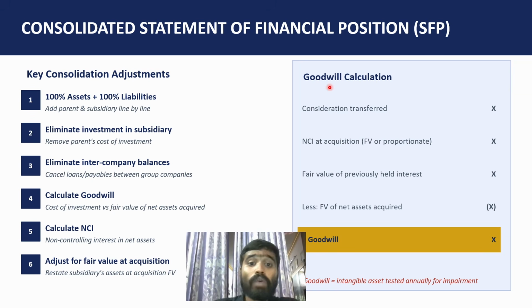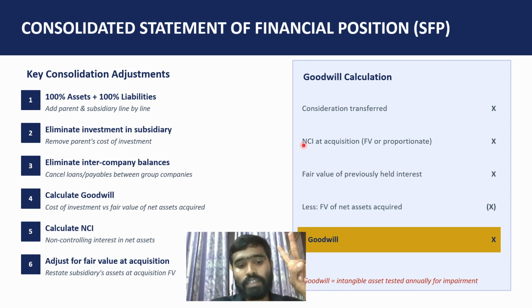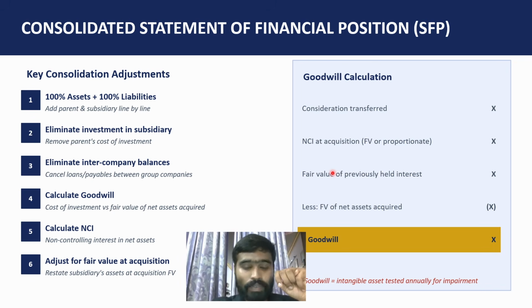So here we'll see how can we calculate goodwill. If I want to calculate goodwill, first we'll take consideration transferred. Here consideration transferred means how much money the parent company has paid to the subsidiary. First consideration transferred, usually it will be in cash. Then we will add non-controlling interest. Whatever non-controlling interest is there, means whatever shares are held by them, that we will add. Plus if I had the shares previously in our subsidiary, that also we will add, minus the value of